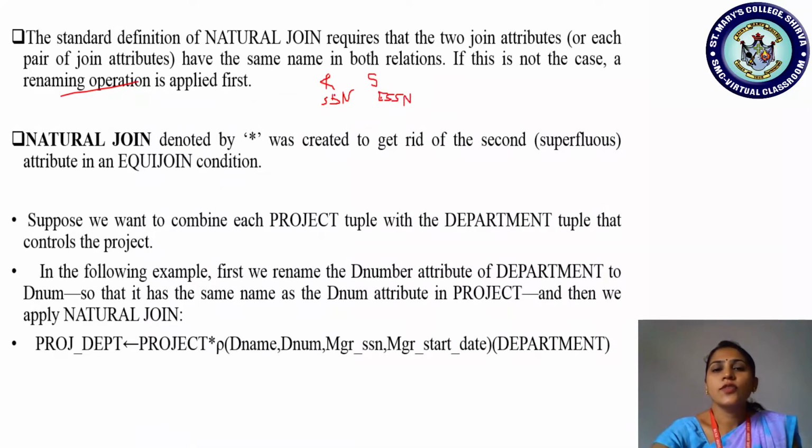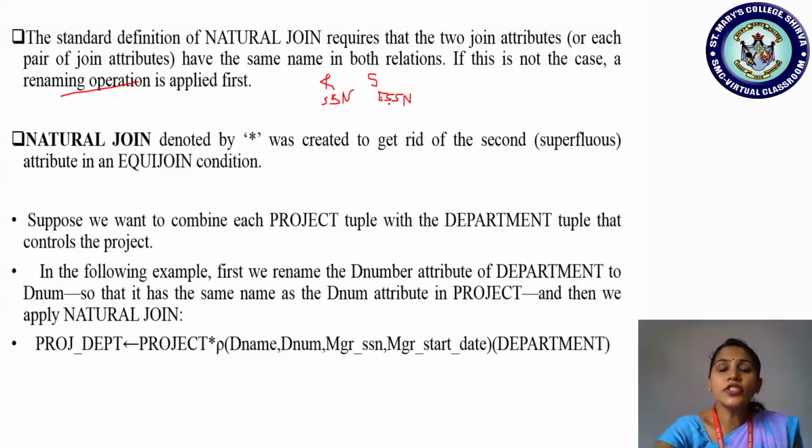Okay, so what I told was, in equi-join, the attributes from relation R and from relation S, that is, attribute SSN from relation R and ESSN from relation S, should be equal. The condition we used to give in equi-join was SSN is equal to ESSN. SSN of R should be equal to ESSN of S. That was the condition.